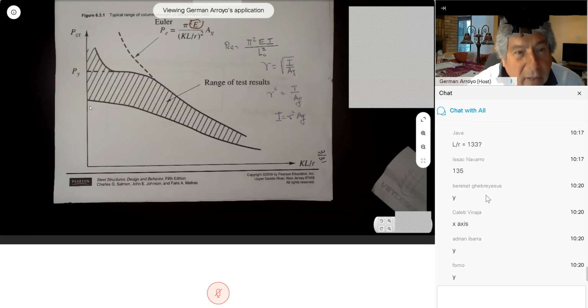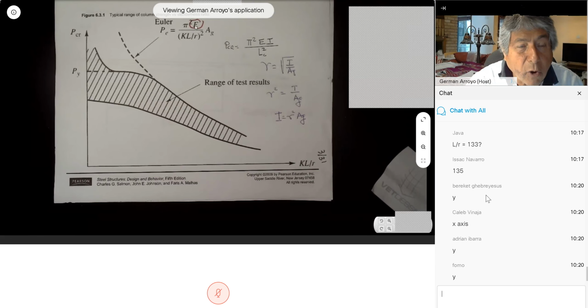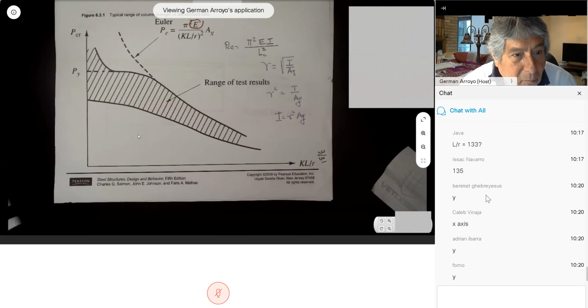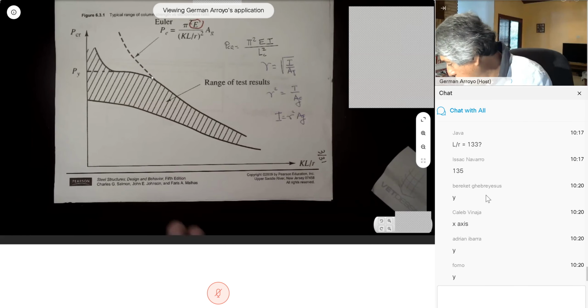If you look at this value of E that I put a circle around, this is the modulus of elasticity. Whenever you go to an area where you are no longer in the linear portion, that value doesn't work. And this is the problem that we had with Euler, that it gave us the wrong value for small values of KL over r. I want to show you on the next page,